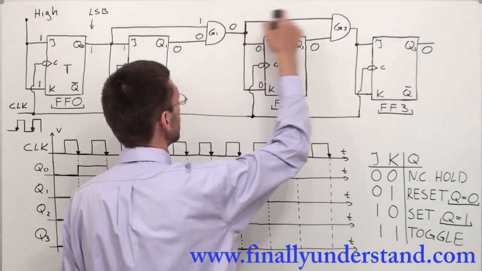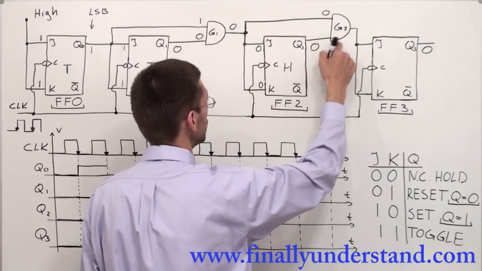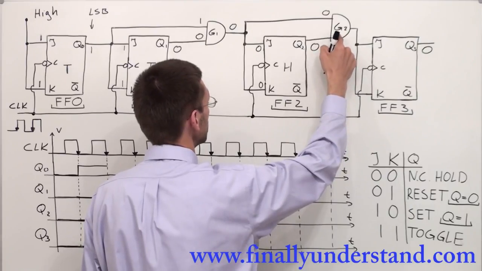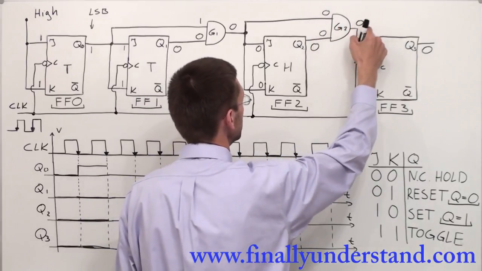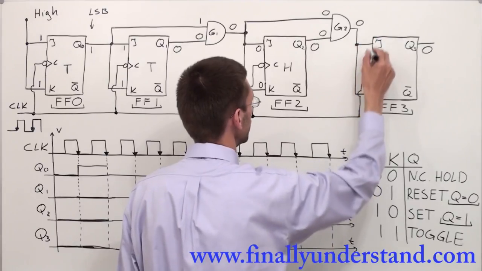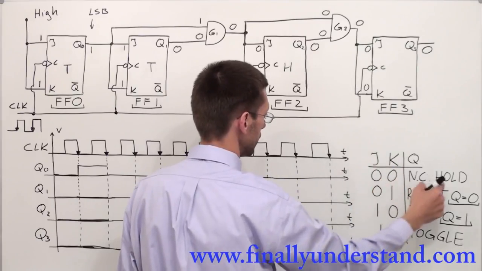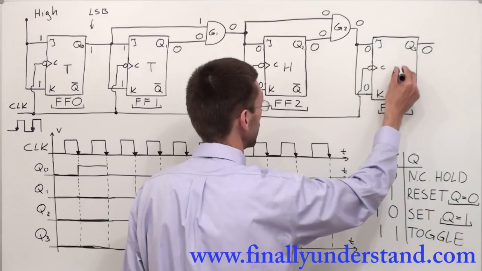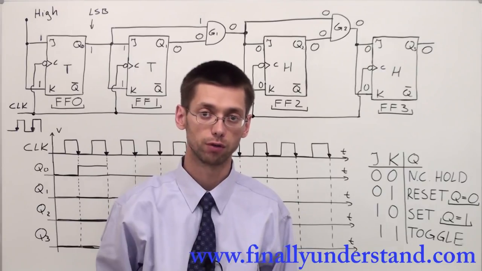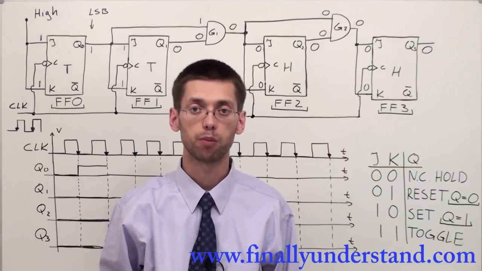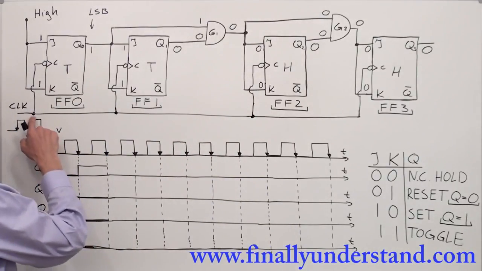This 0 goes to another AND gate, and Q2 also sends 0 to my gate G2. 0 and 0 gives me 0, and this 0 goes to my JK inputs, and JK zeros give me hold mode. So that's why I'm going to write H. When we have finished with the modes for each single flip-flop, we can apply the clock pulse. So if I apply the clock pulse, remember that this clock pulse